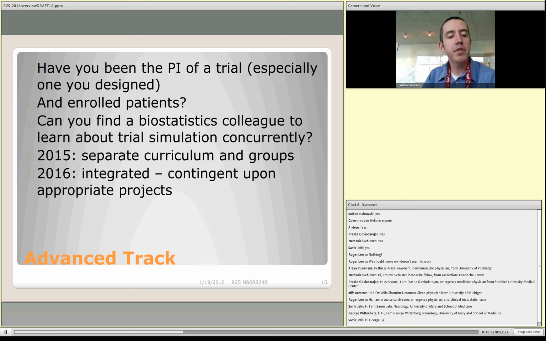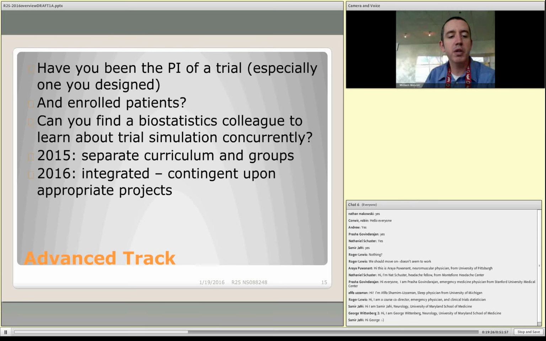And we had a sort of separate group, a separate curriculum, and going forward in 2016, this is going to be integrated into our main curriculum if there are appropriate projects. And again, if you've been PI of a trial before, especially one you've designed, this might be a better track for you, but the details of it are going to be highly situational, and there is a lot to learn from even the